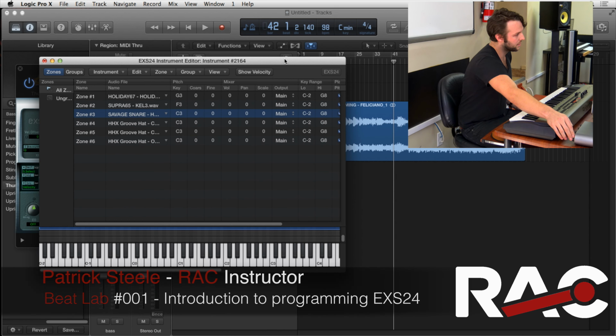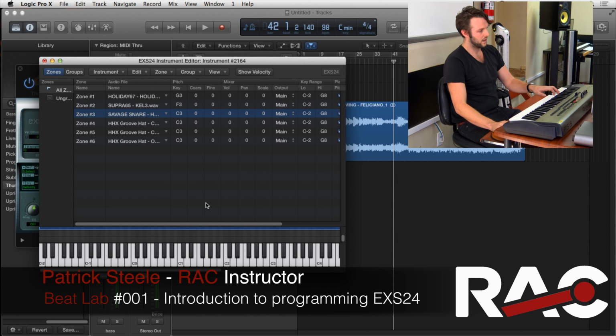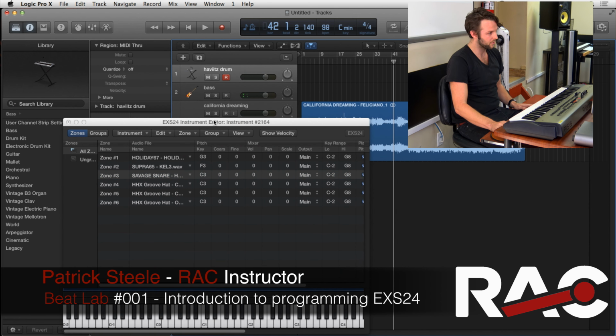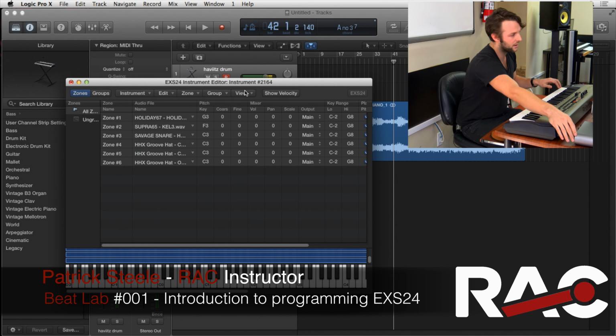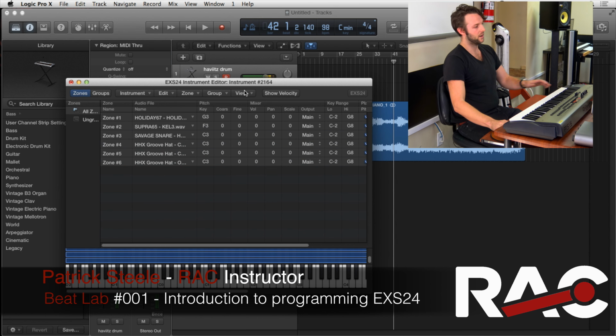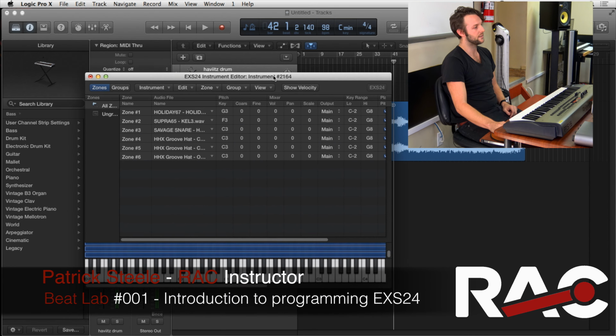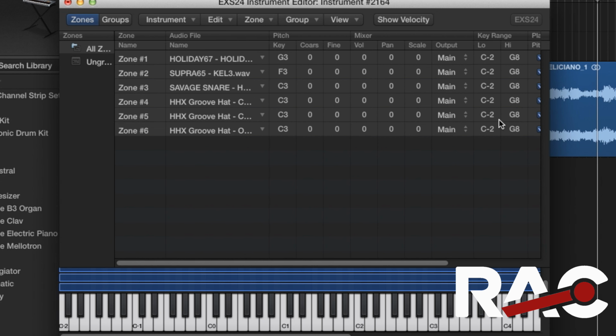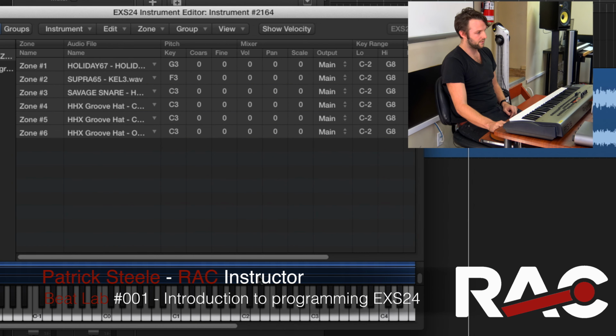Okay? So here we've got a couple things going on. You're going to notice that if I click on my sampler and have it record enabled, now we have crazy stuff going on, and the reason for that is because we haven't properly assigned the samples we just loaded in. So as you can see, you've got keys here, and then you've got key ranges for what's going to trigger the notes. You've also got these bars that represent where the notes are going to be triggering the